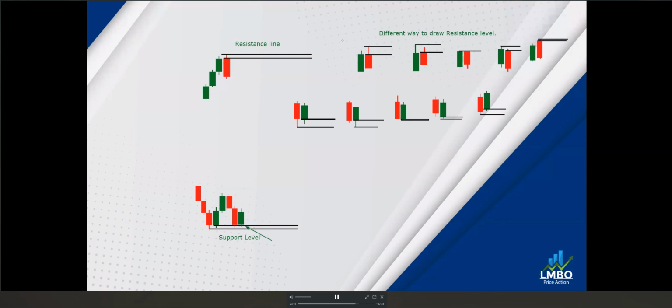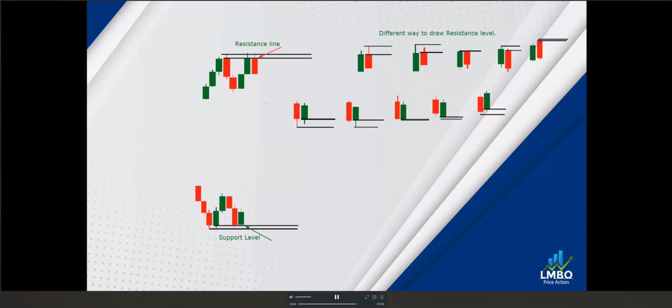There are some tricks to follow, but first of all, we will practice on it, and then we will find the tricks as well. Look at here, it's closing under the level, and then we can expect the next candlestick will be a sell candlestick. That is the entry candle, and we can enter the trade.